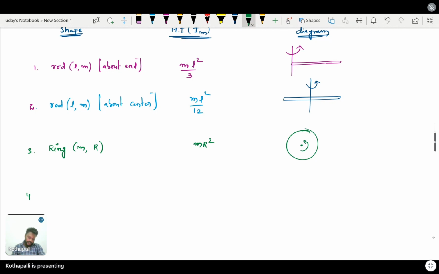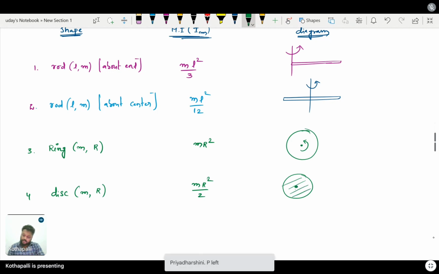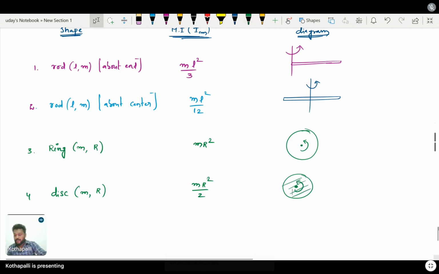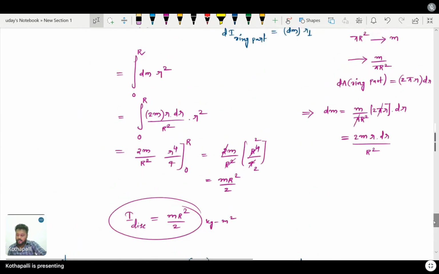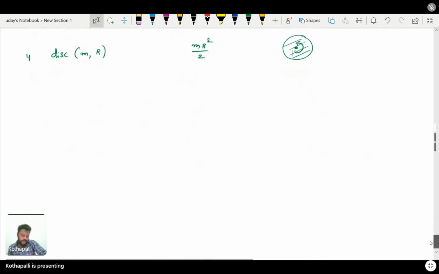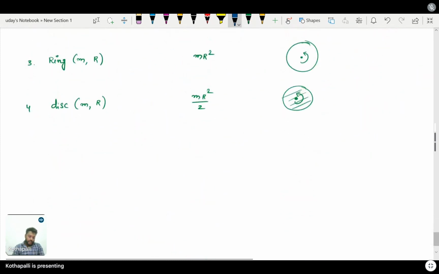Next, the fourth one, disk of mass m, radius r, which is mr square by 2. Looks like this. After this, you must remember all the cases. After this, think like this. First, I'll go with